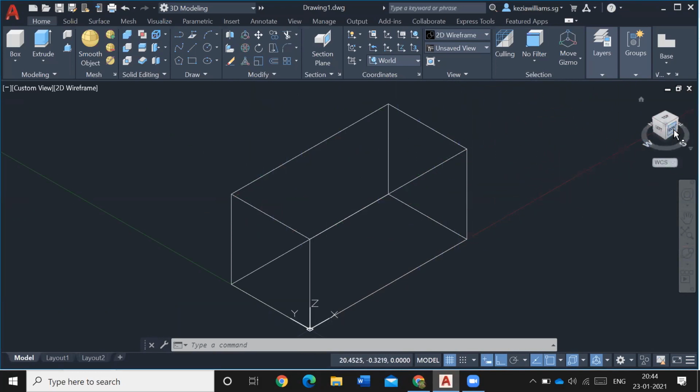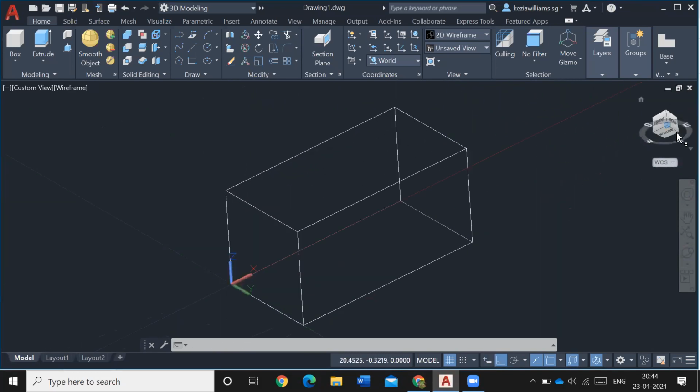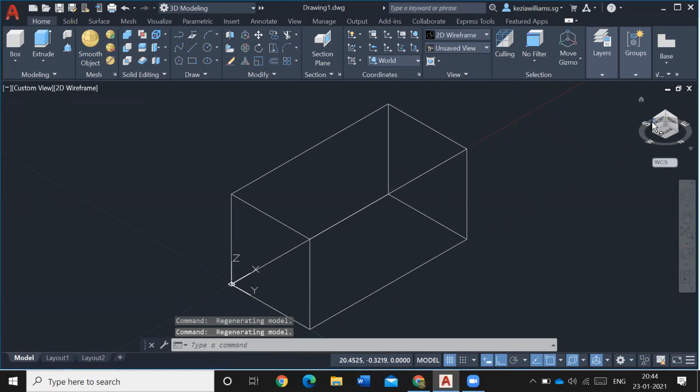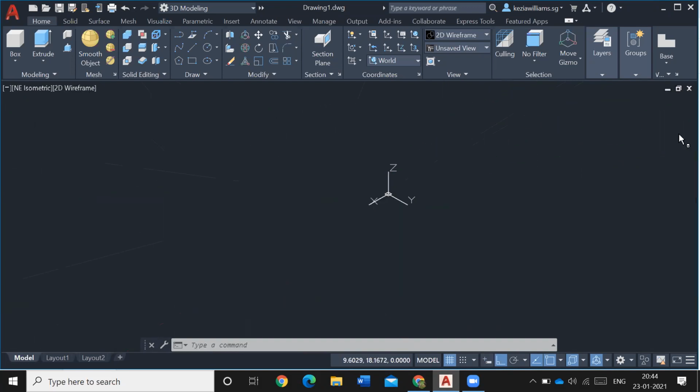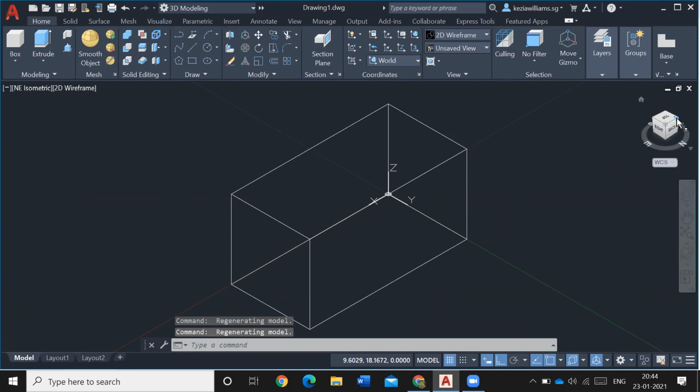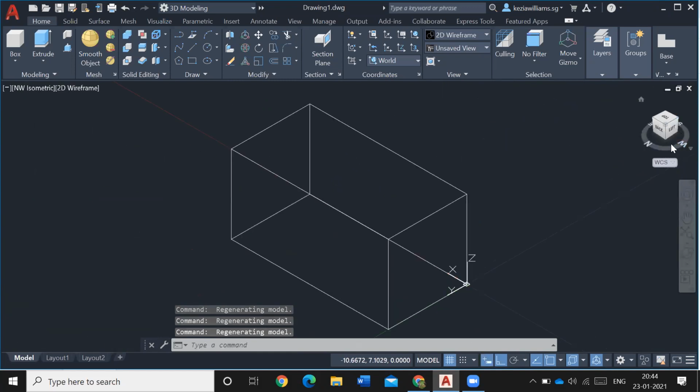You see, if you click here, it will become what? So it is a southeast view. So this is correct. Okay, this is a southeast view. So each view will turn to the direction accordingly. Then here you click, it's going to be a northeast view. Here you click, it gives the northwest view. You will get the first north view. So this is how it works.